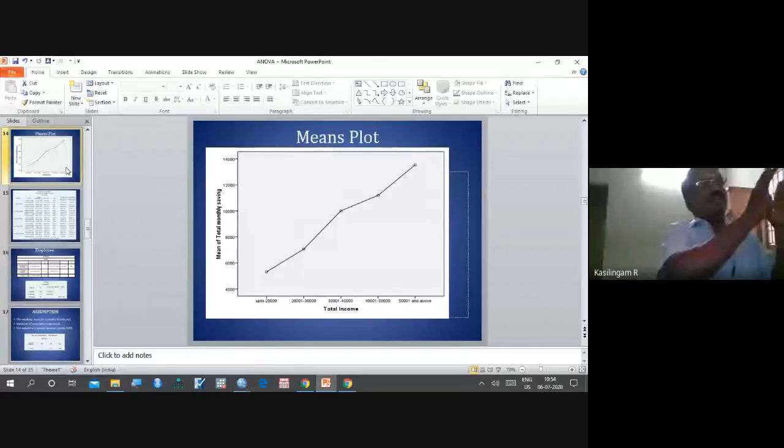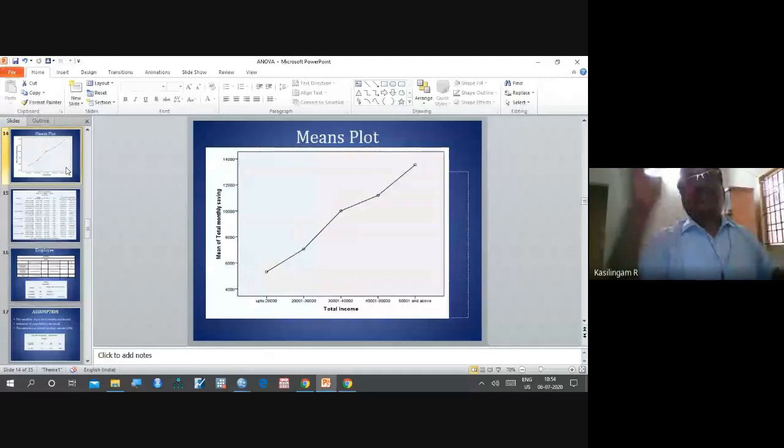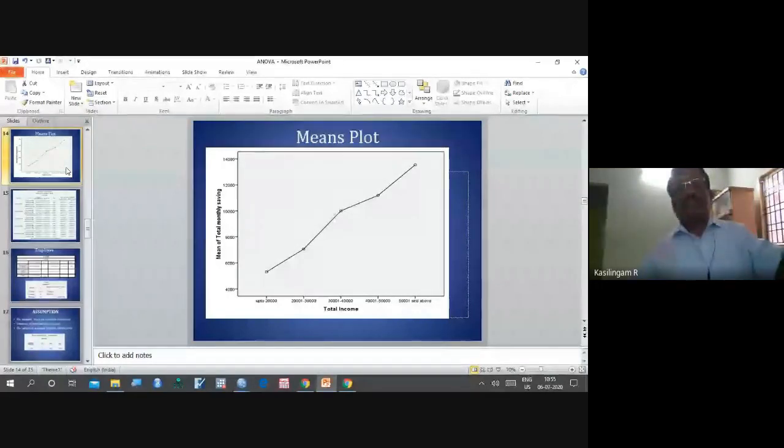So, first category people, their saving is 5,310. It will compare with the 7,000. Yes, there is a difference. 5,000 and next category is 10,000. There is a difference. First category is 5,000. Next category is 11,000. There is a difference. Like that, it will compare, it will give. That is called a key.